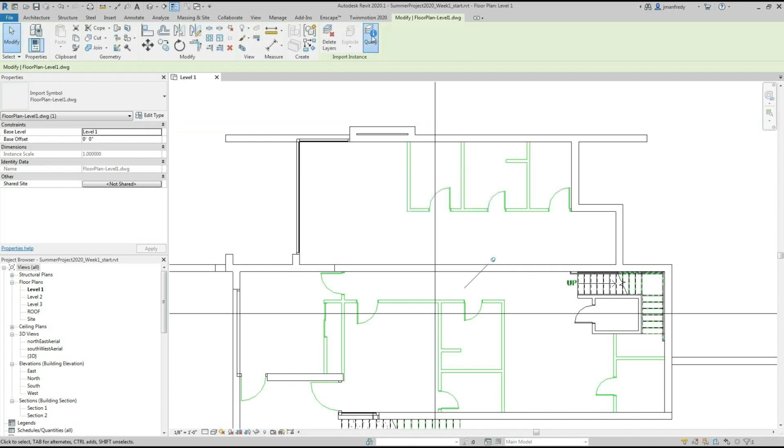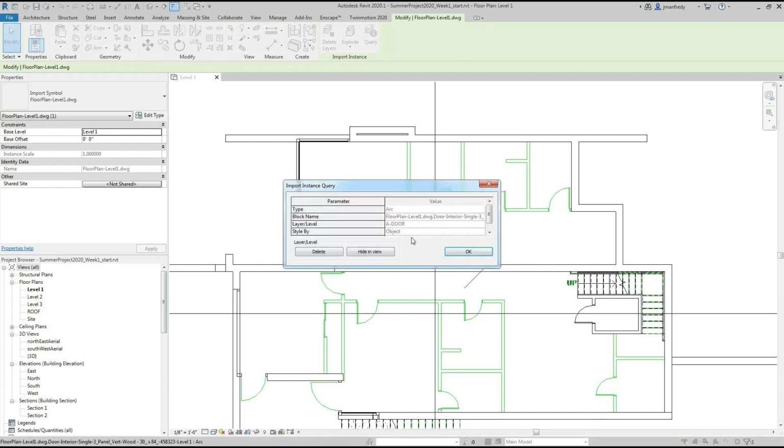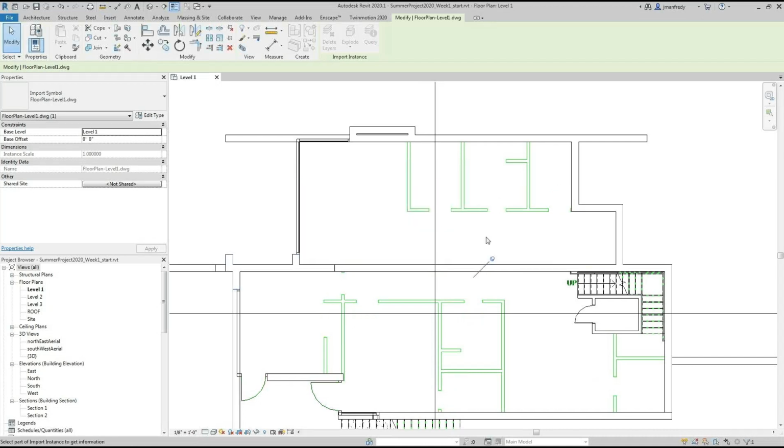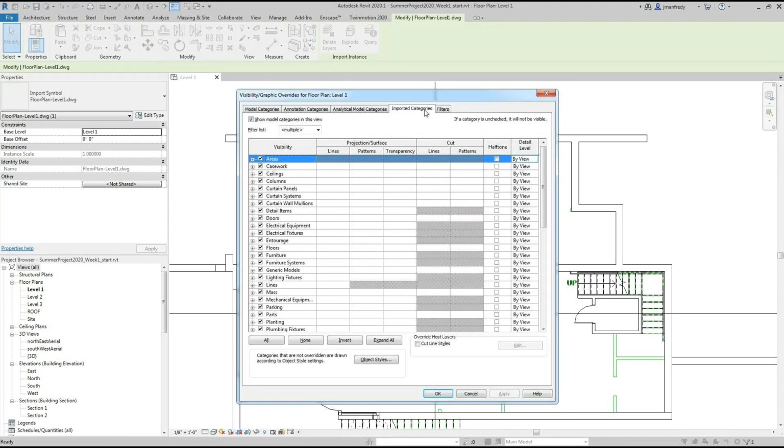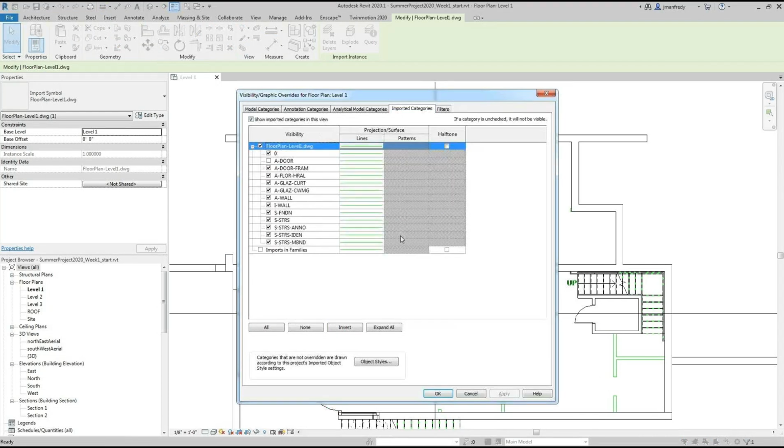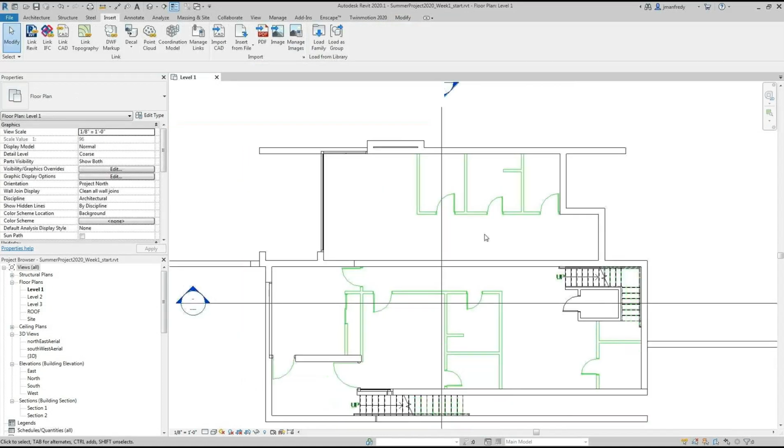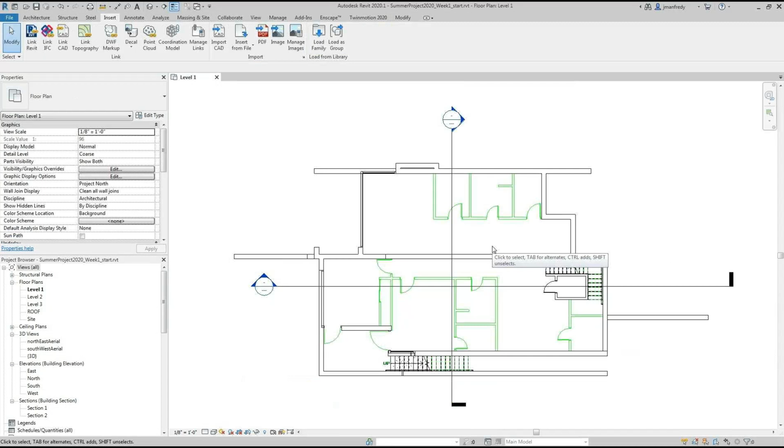What is this? Query. What is this? That's a door. I can hide it. See? It's hidden. If I need it back, I can go back to VG, go to my imported categories, see a door is turned off. Turn it back on. Hit apply and hit OK. It's back. That's how you navigate a CAD file. You simply turn things on or off that you want to see or not see, and